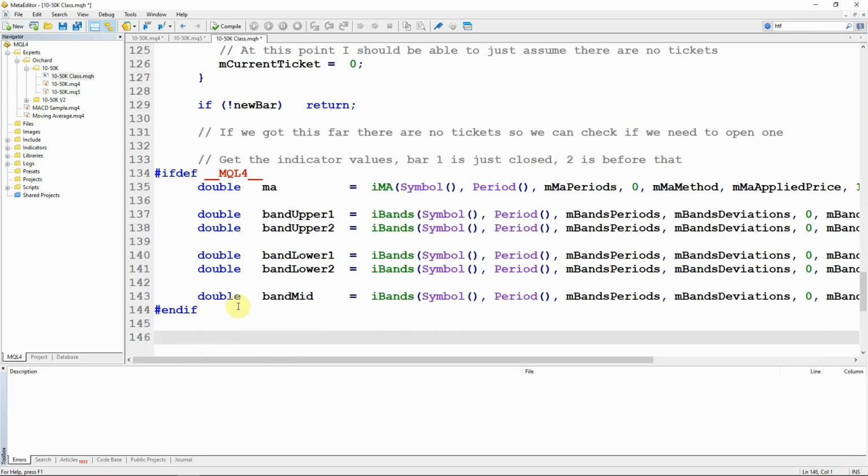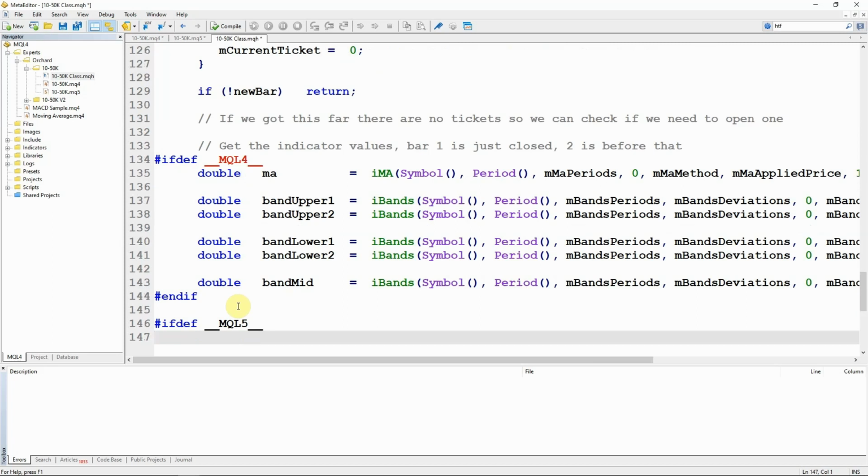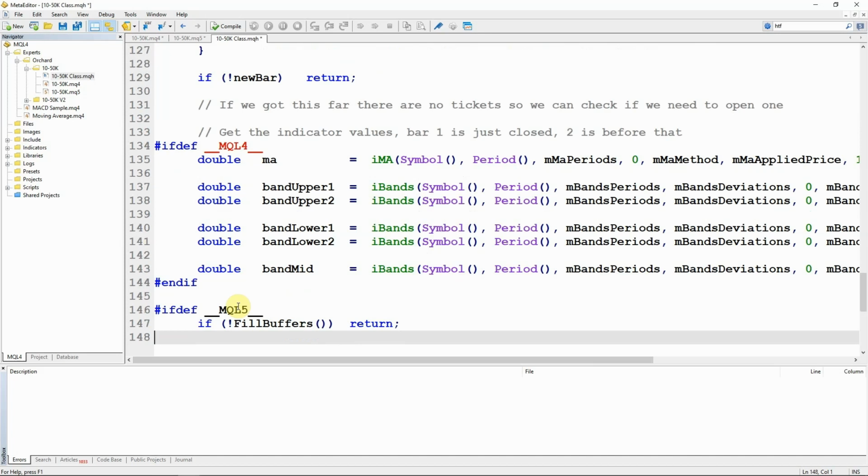And now getting those values is a little different for Metatrader 5, so I have another section here that's only for Metatrader 5, with the #if __MQL5__. I'm calling a fill buffers function, mainly because it keeps this code nice and clean. And that's another custom function that we'll get to in a moment. But also it returns a Boolean value. And if that was unsuccessful, meaning that for some reason I couldn't retrieve values from the indicators in MQL5, then I'm just going to return, and then it will simply loop through the next time there's a new bar.